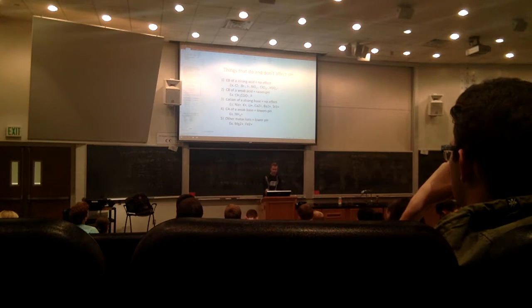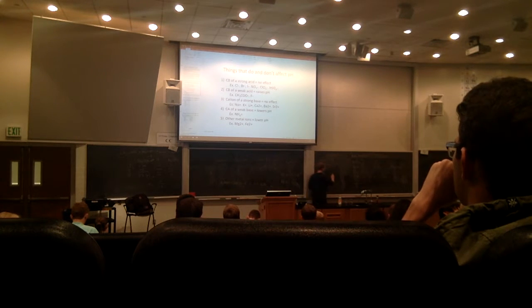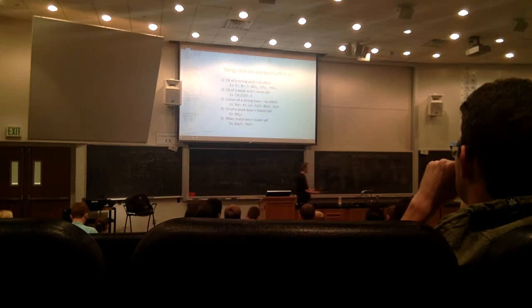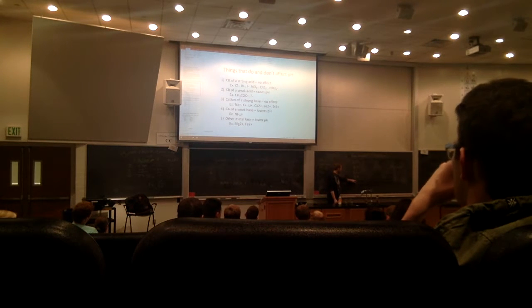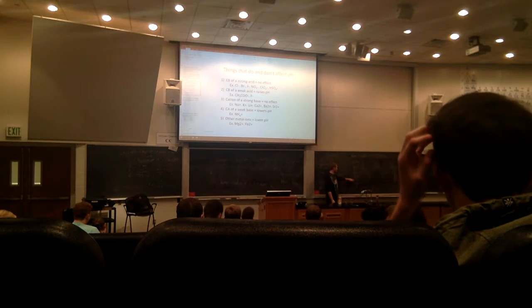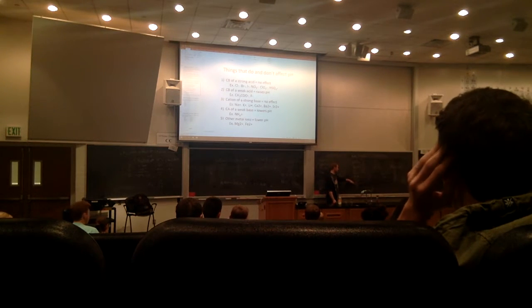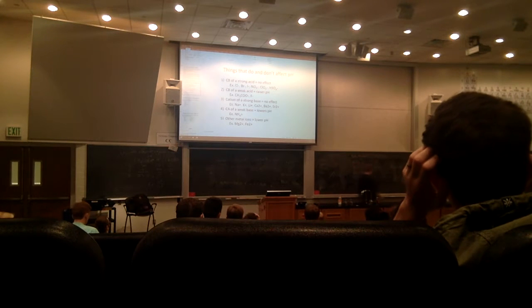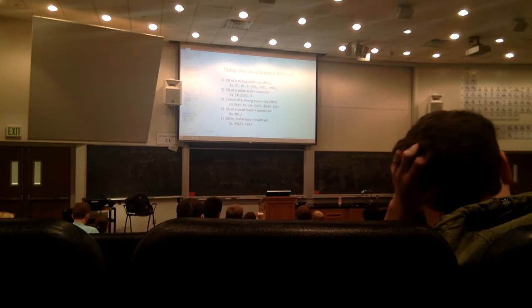So the cation of a strong base has no effect. So strong base, for example, KOH. So the cation, this part of the strong base, that's not going to affect the pH at all. Which is why, again, in these problems, lots of times he'll give you a salt like this. And he'll say, you add potassium acetate to the solution. You know that it's a salt, you know that it splits up, you know that this is a weak base and it affects the